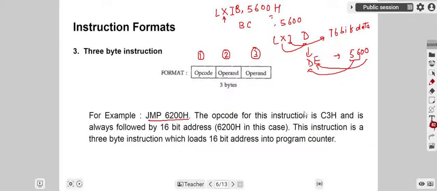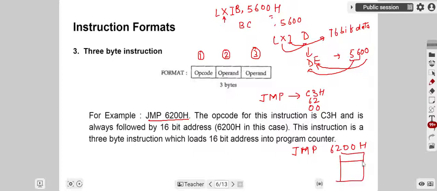For JMP, for this mnemonic, the opcode is C3H, the second byte is 62, the third byte is 00. But in the sequential manner, you always have to remember that the second byte which is considered by any instruction in 8085 is always the lower order byte. So suppose this instruction 6200H is required to be executed,